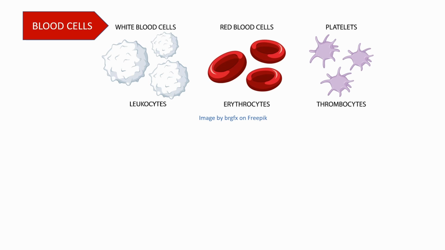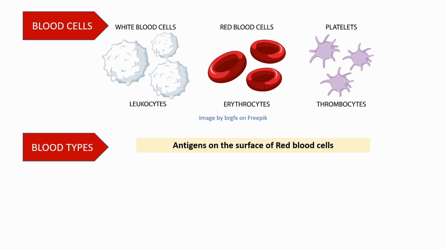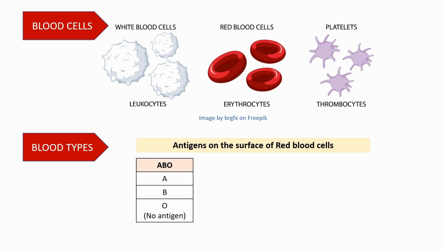There's another thing to keep in mind about the blood cells, and that's the blood types. These blood types arise because there are special molecules called antigens present on the surface of blood cells. They can be classified under two different systems. The ABO system notes if there is an A antigen, a B antigen, or no antigen called O on the RBCs. If there is just an A antigen, the blood group is A. If there's just a B antigen, the blood group is B. If there's both an A and B antigens, it's the blood group AB, whereas if there is no antigen, it's